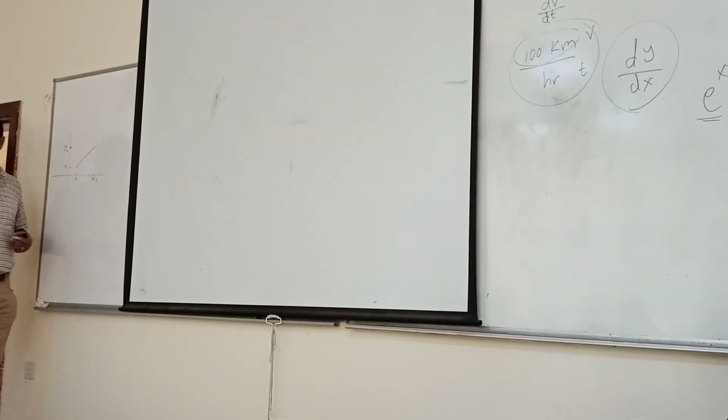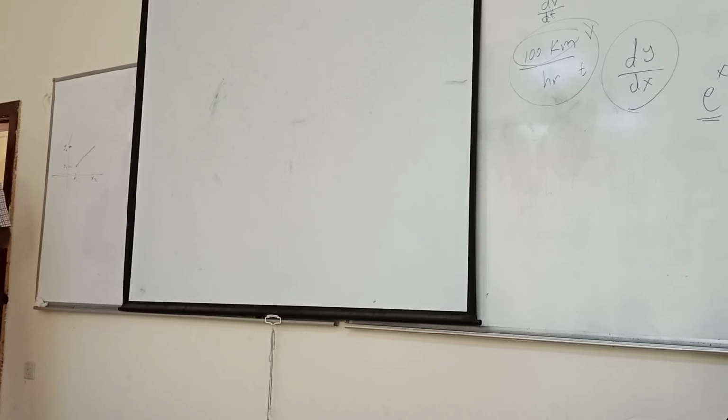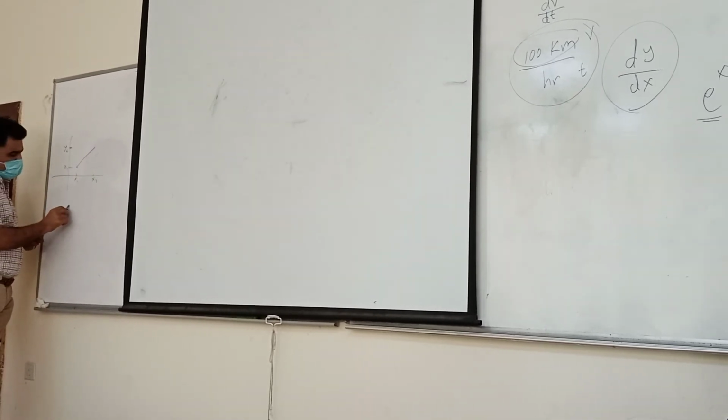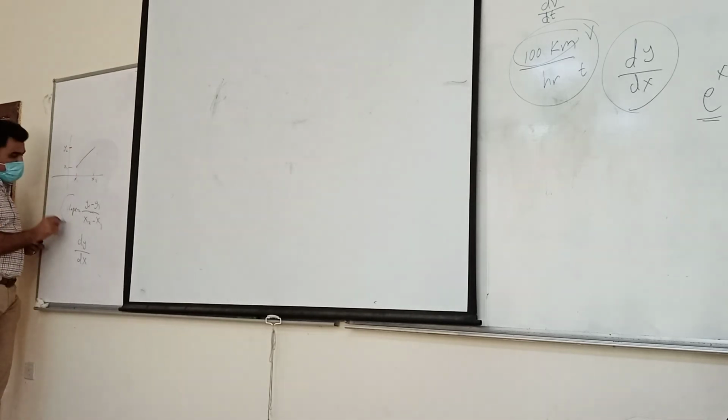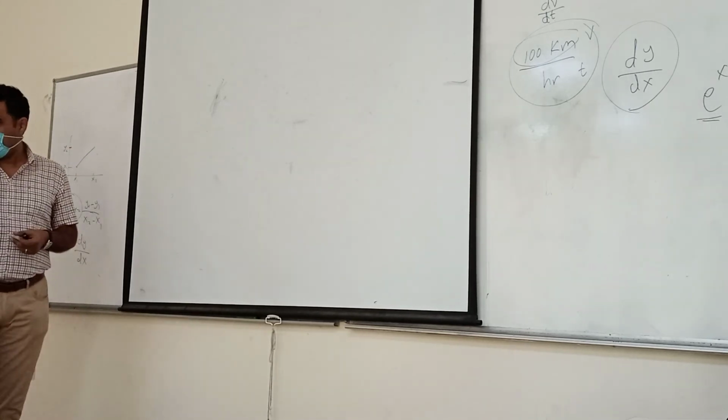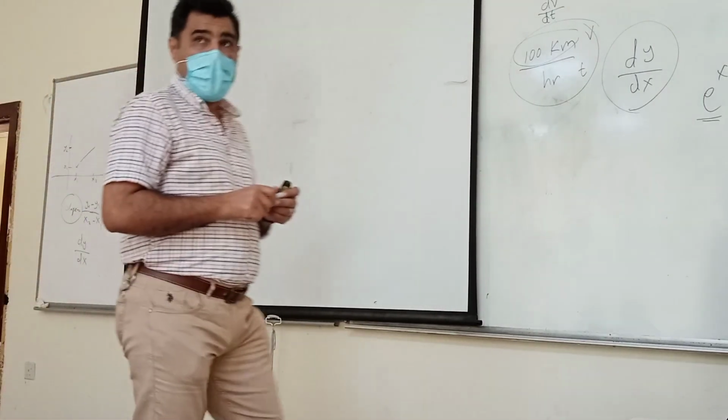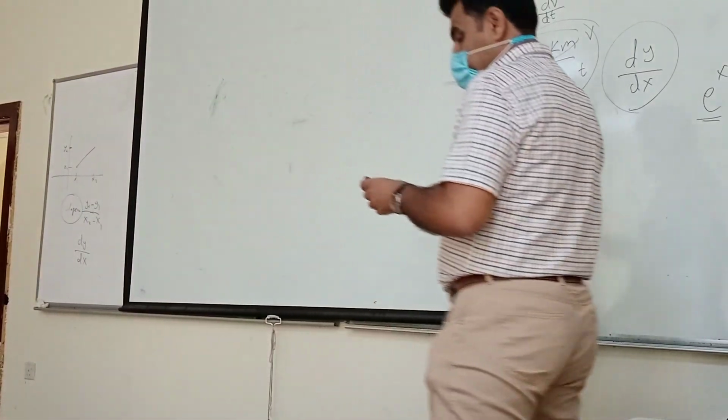What's the slope of this line? Exactly. So the slope will be y2 minus y1 over x2 minus x1, which means change in y over change in x. So the slope is a sort of derivative equation. So mainly